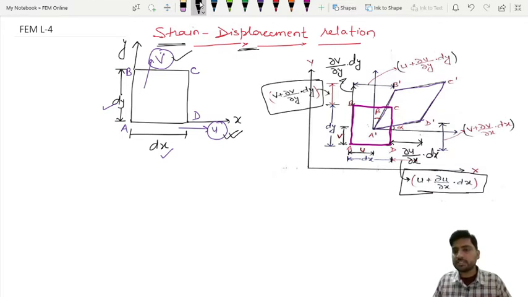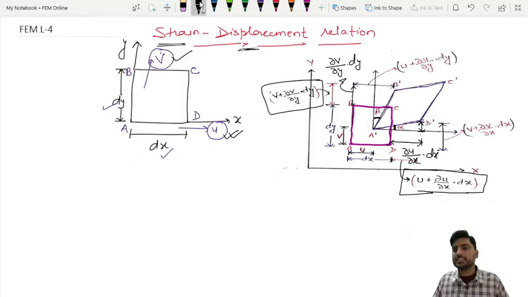Now coming to this tilt, because the plane element we have considered has been tilted also. In x direction the angle we have taken is alpha, and in y direction the angle we have taken as beta. So what will happen? If you want to find only this displacement from here to here, what will be the displacement?